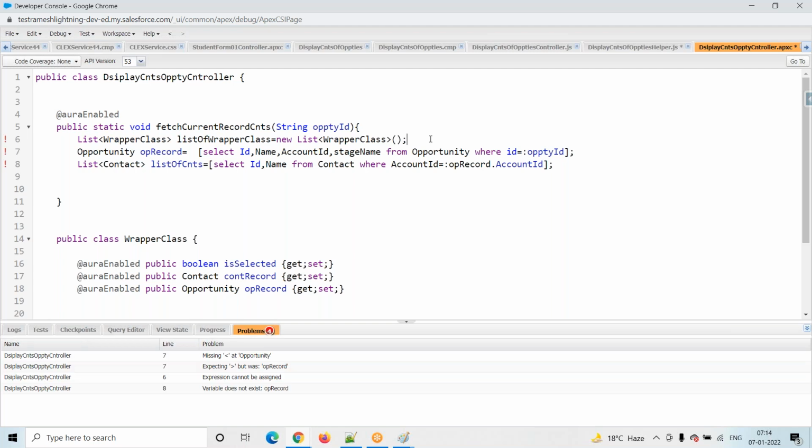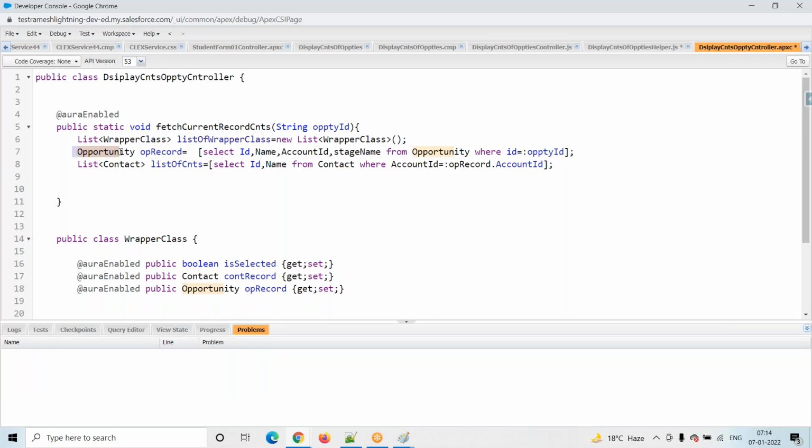Why are we preparing this list of wrapper class? I have the opportunity record, and based on that opportunity record we are fetching the contact records. Now we want to display these contact records to the user, and we have to display them in this format.